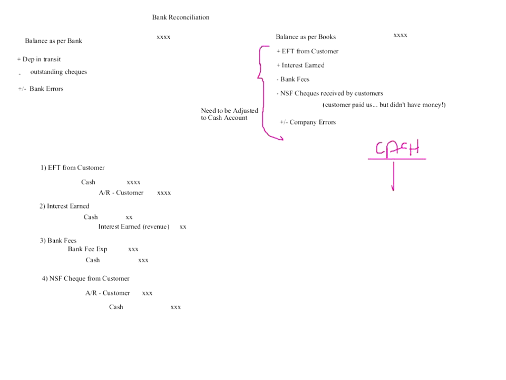And last but not least would be company errors. And again, company errors, we should reverse the initial entry and post the correct one. So let's take a look at an example of a company error. ABC Company wrote a check for the proper amount of $320